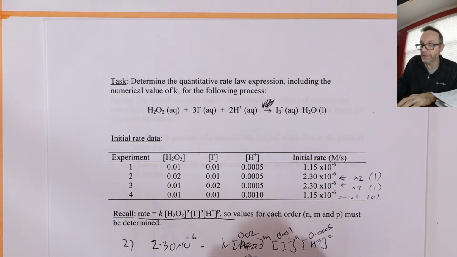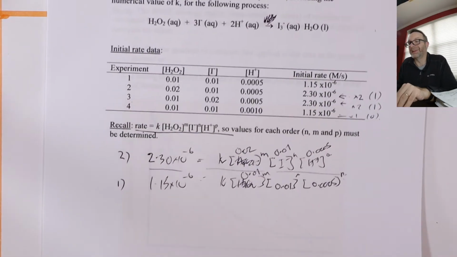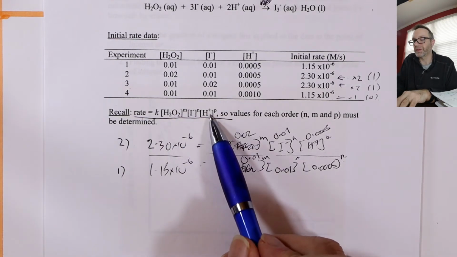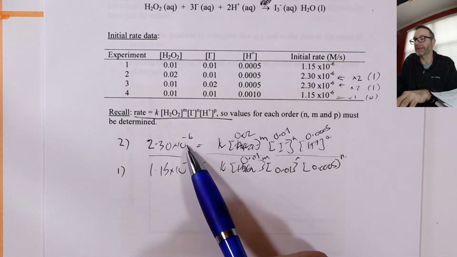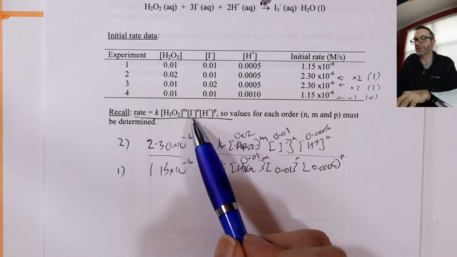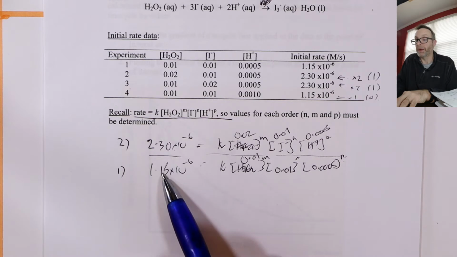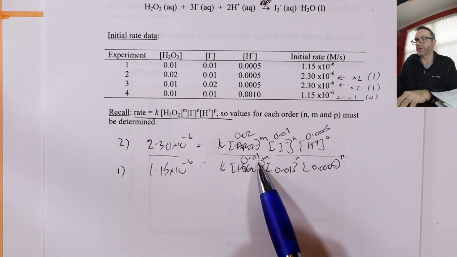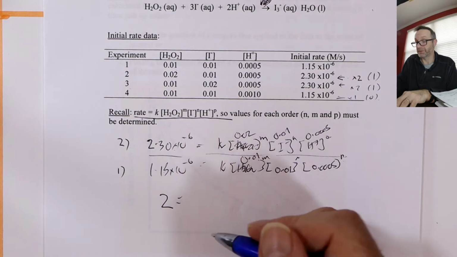0.0005. Here, I'm looking at 1, 0.01, 0.01, 0.0005, M and P. Okay, divide them out. Oh, apologies. I keep doing that. Okay, so I'm using this generic form but putting the numbers in, right? So for line 2, the rate's 2.3 times 10 to the minus 6 moles per liter per second equals K times the concentrations to their powers, right? 0.02, 0.01, 0.005. Line 1, baseline, same thing but 0.01 here. Divide it all out, I get 2, divide that, I get 2, equals K, just cancels to give 1,